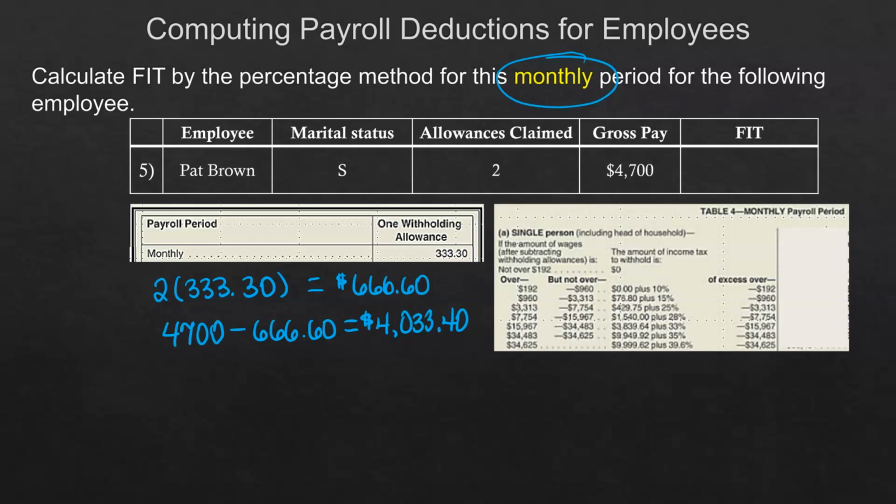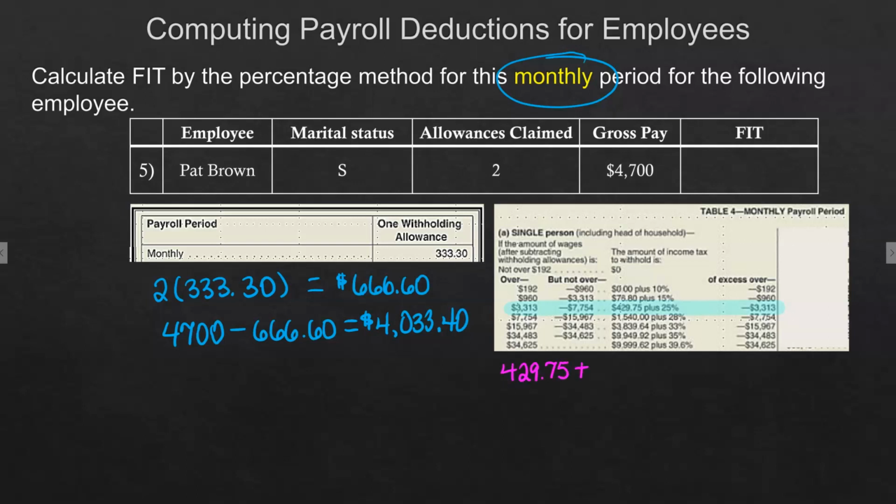Now, that's the number we have to take over here to our chart. And I've already picked the right one: single, monthly, and I've given you the 1/8 portion of that chart that you need for a monthly pay period for a single person, okay? So let's find the amount on here. $4,033.40 is going to fit on the third line, if you can see that. Okay, so I'm going to go right below the chart. It's going to be